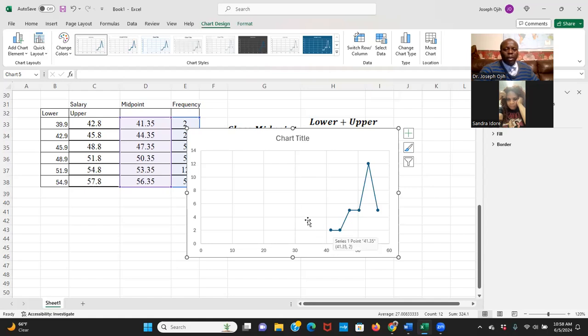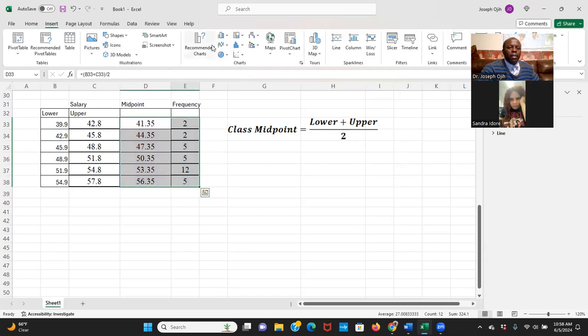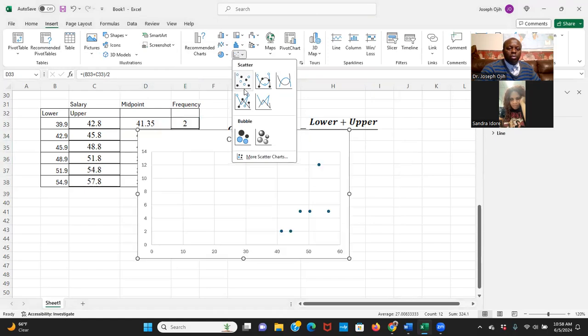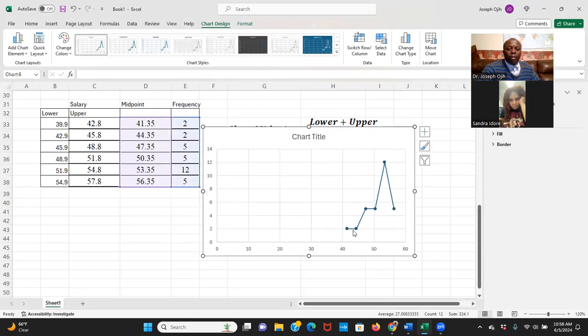Let me see if another graph will be better. Let me see if this one is good, but let me see if another graph will be better. Is this one better? It still works well. Okay, let's do this one then. So now I'm going to